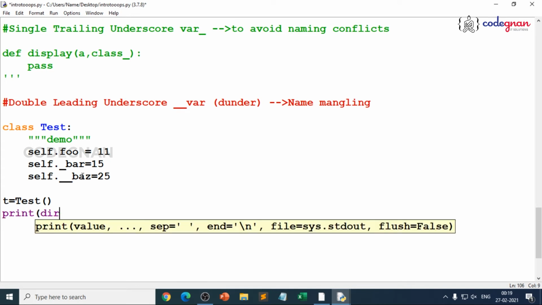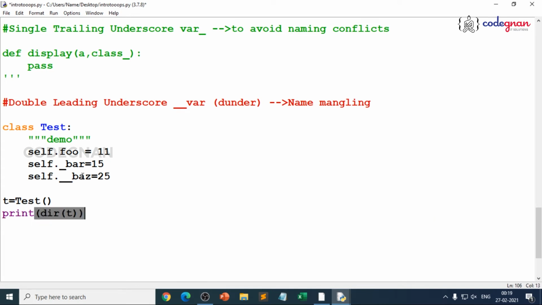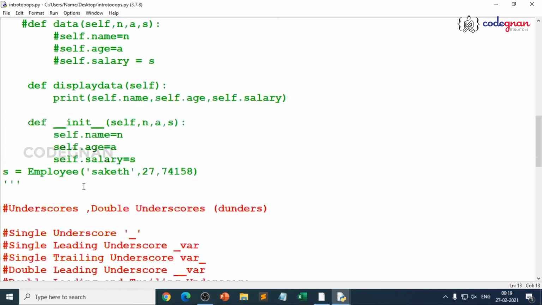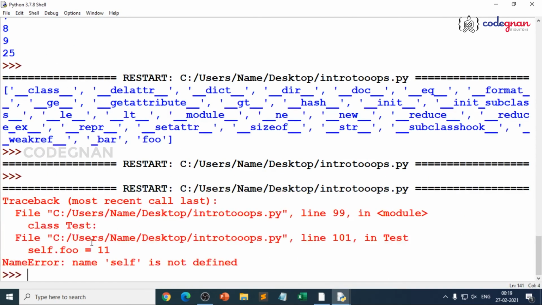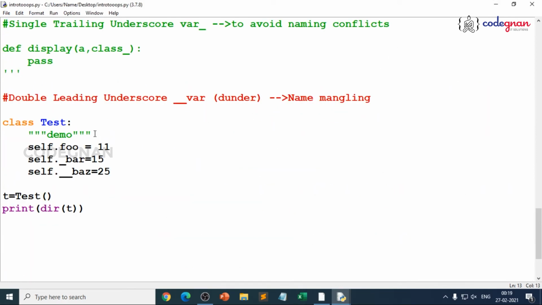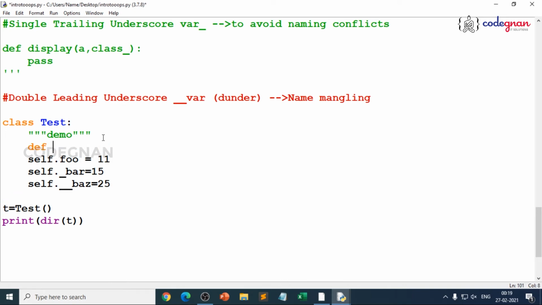Now just print the directory. When I gave single underscore bar, you got underscore bar. Sorry, when you go for double underscore bas, you are expecting the same variable, right? Okay, let's see whether we get it or not. Self is not defined. Why? Because the first thing you have done here, where is your method? That's a wrong thing, right?